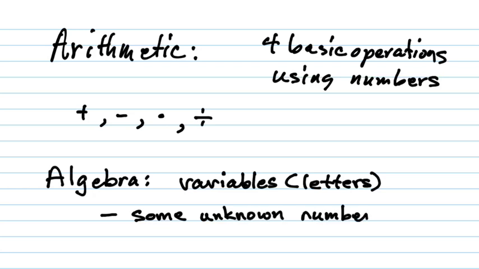But of course, it's a lot easier to write X than it is to write some unknown number every time. If you want to write some unknown number, you should go for it. Some unknown number, sun. Okay? There you go. So you can write something, but it just makes more sense. And you can use any variable, X, Y, or the most common. You'll also see lots of A's and B's. Many times C,